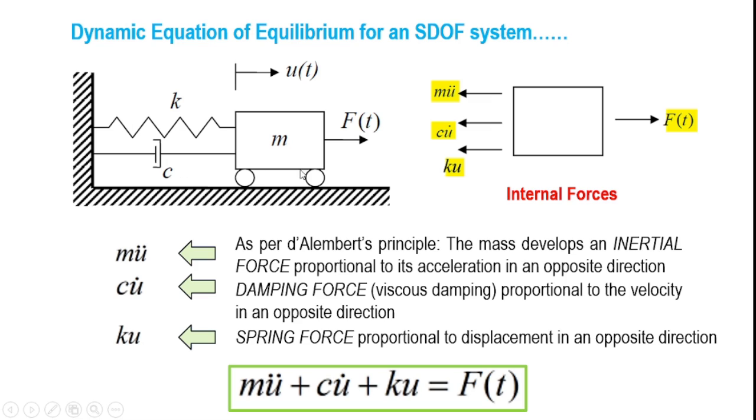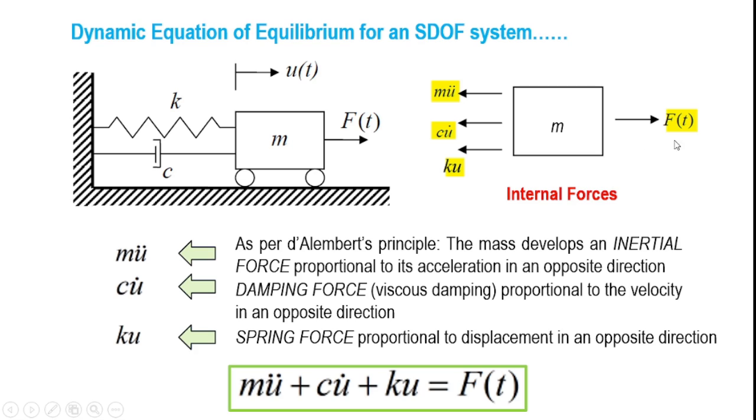And this spring mass system is subjected to a force F(t), and its response is described through the displacement u at any time t, which is measured from the equilibrium position. Now, just like the static case, we need to consider the free body diagram of the mass m. As you can see, here I have shown you the free body diagram, wherein the external force F(t)